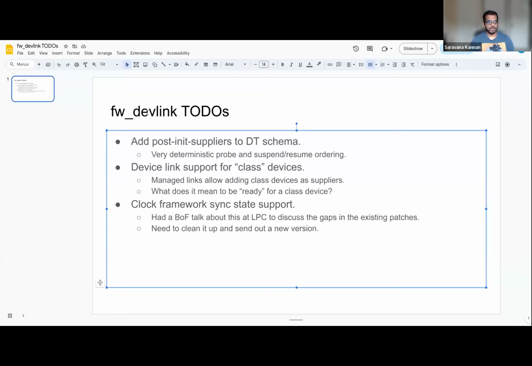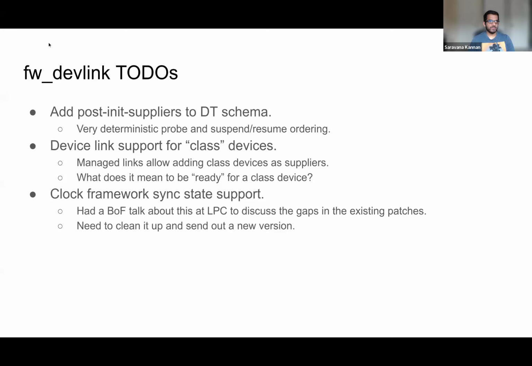The first thing I'm planning on working on is currently going on, I call it post-init-suppliers. Basically, if there are cyclic dependencies in device tree, firmware devlink has an information limitation on knowing how to break the cycle. So this property would allow us to give that additional information to the firmware devlink or to any